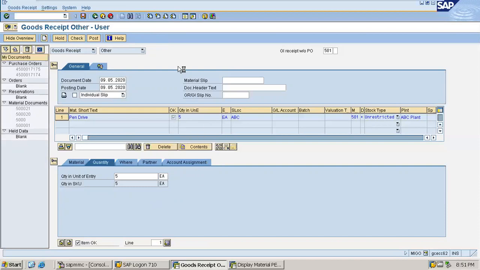It is taking a bit of time to give the message whether it is okay or not. It will say that the document is okay if it is good to go, and if it is not, it will populate the error in front of us. This is the mechanism of the check button in SAP.